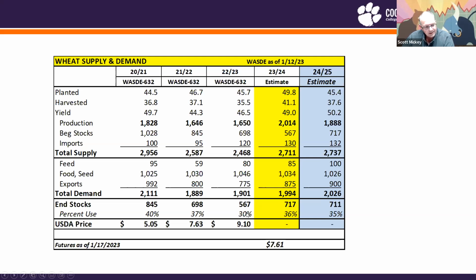But just like cotton, you can see that our ending stocks to use ratio is projected to increase. We see higher exports, which may be likely with the lower wheat prices. But other than that, our total use is about the same as last year, other than the 100 million bushel increase in exports. Our supply is up primarily on higher acres and a slightly higher yield. But again, we're looking at building stocks, and that's usually not favorable to commodity prices.